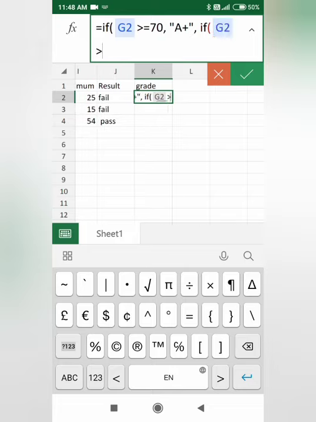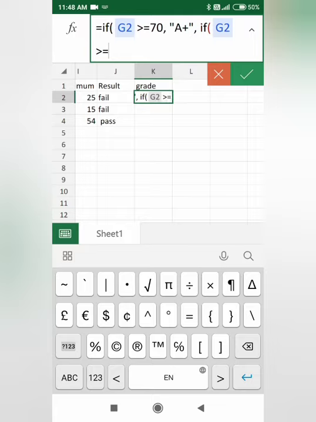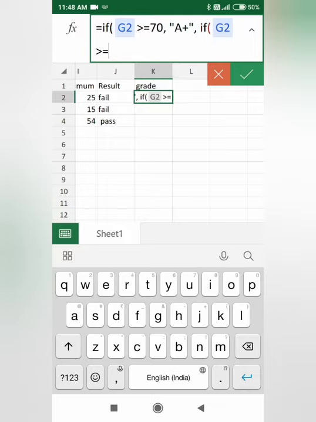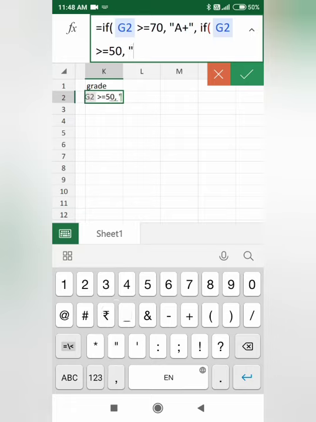If it is greater than 50, or whichever number you want to write, I write 50. If it is greater than 50, then give them B.